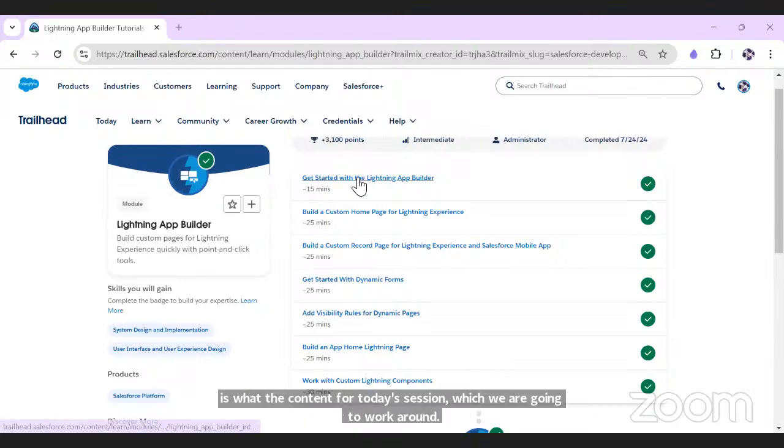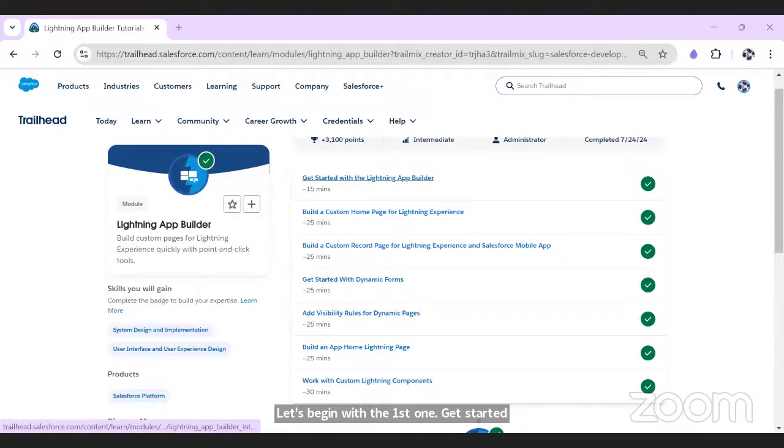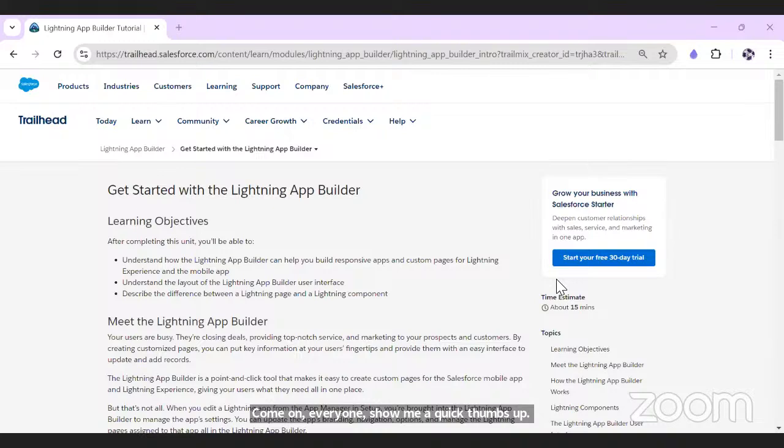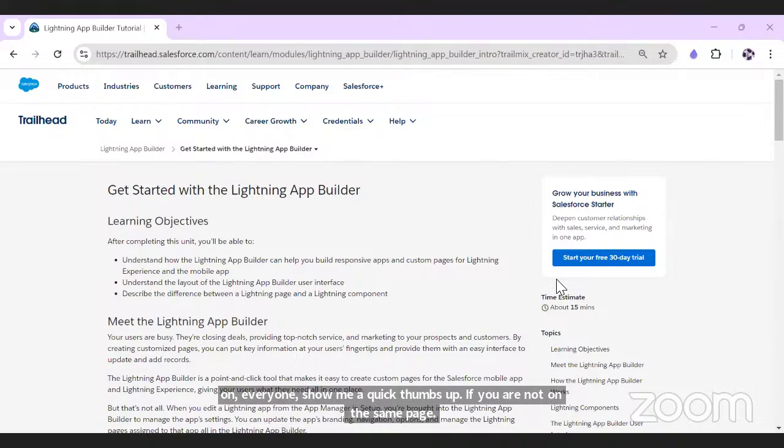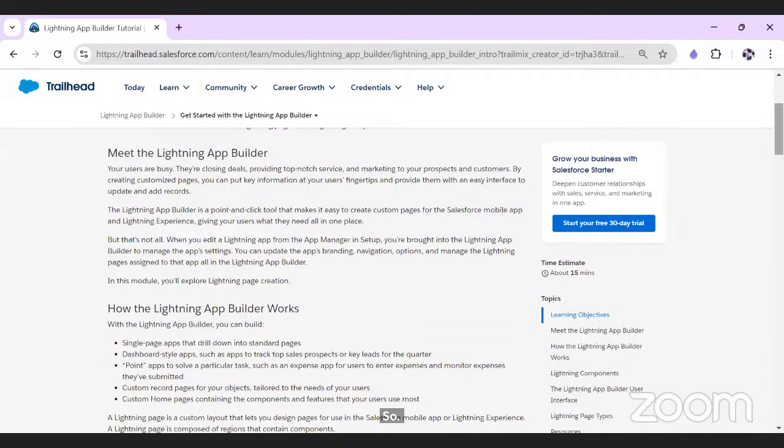Let's begin with the first one. Get started with the Lightning App Builder. Come on everyone, show me a quick thumbs up if you are all on the same page. Okay, let's go ahead then without wasting our time. I got a lot of yes in the chat. Okay, so here something like,